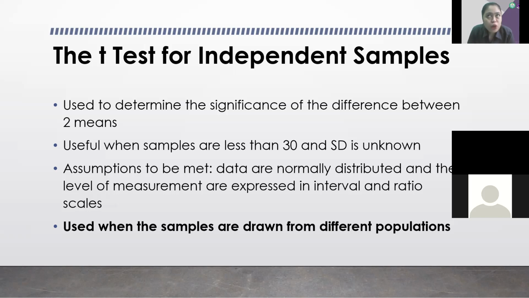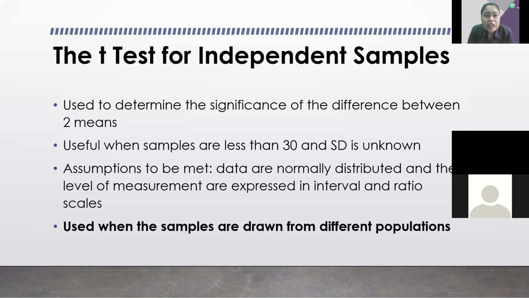Meaning we know the characteristics of the population. Kapag independent sample t-test kasi, nag-conduct tayo ng research pero we don't know the characteristics of the population. We don't even know the standard deviation. And even if you have a small amount of sample, you can use the independent sample